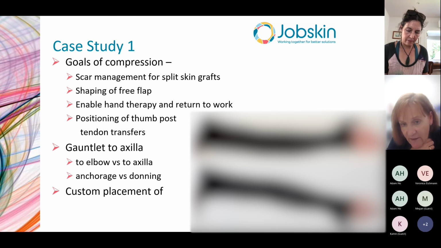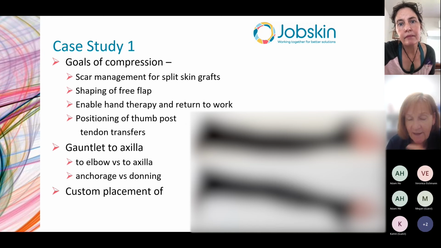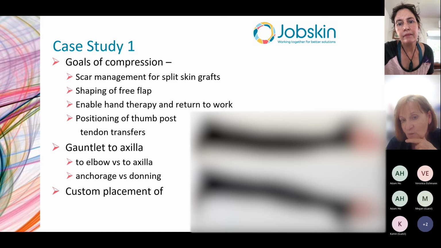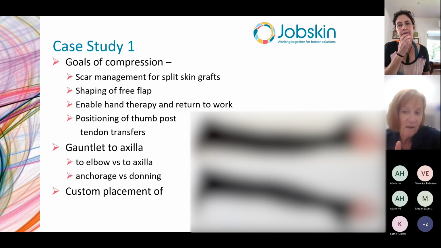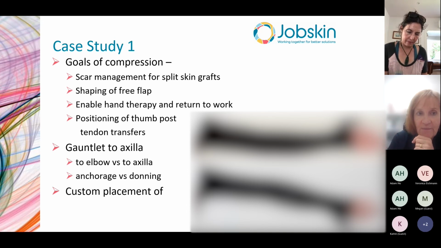You can see that the thumb is sitting quite laterally, and he had no voluntary thumb movement after this accident. So the decision was made to go for a thinner eminence-free construction for the thumb. So the thumb did sit laterally to get better compression across the flap on the palm. And then in a subsequent garment, the thenar eminence shaping was restored because he had undergone a tendon transfer for opposition. So the early work was done on the flap on the palm, but then the priority for the garment then became